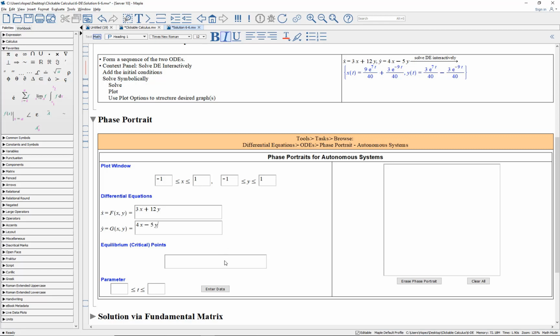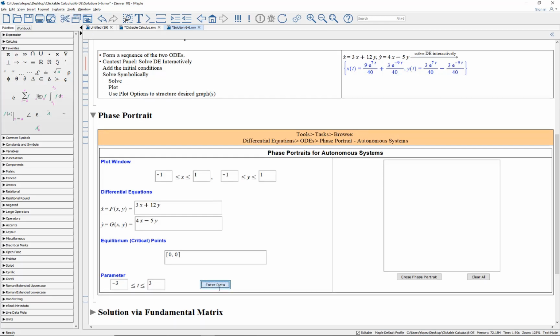Now we need the equilibrium or critical points, of which there's only one. It's 0, 0. And the integration parameter along each trajectory. We're going to integrate in both directions, and the integration will be numeric. I'm going to run minus 3 to 3, so for each point that I want a trajectory to go through, I want to integrate both forward and backwards. When I click this button,